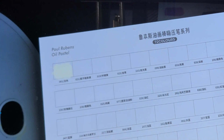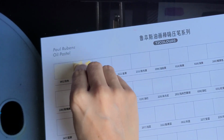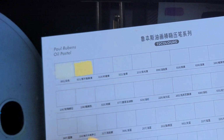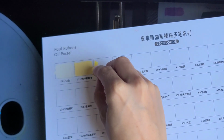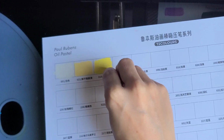The application is extremely smooth and creamy, and it's the coverage, now we're testing it on paper, right? The coverage is great, it's full and total coverage. They're not streaky, there is no oil being separated, there's no inconvenience in using them. And we will see if all colors are consistent in performance and in coverage